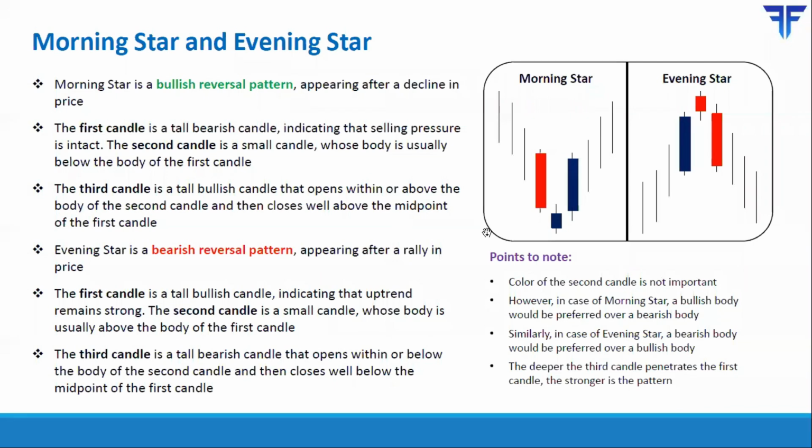So morning and evening star are one of the most popular patterns, and they also happen to be one of the strongest patterns because whenever they appear, especially after a sustained uptrend or downtrend, they tend to work out pretty well. So you'll commonly see morning and evening star appearing near the culmination of the prevailing trend, and whenever that happens, you will see that these patterns tend to work out very well.